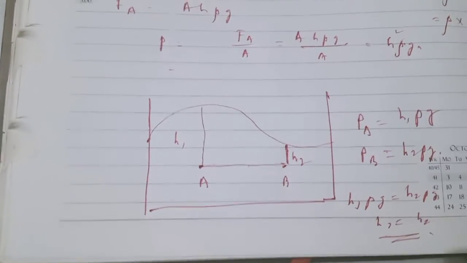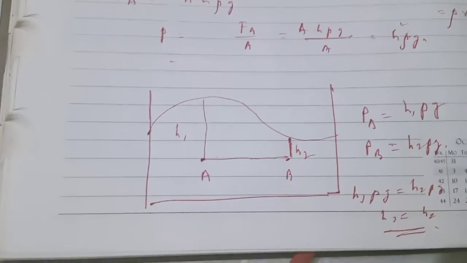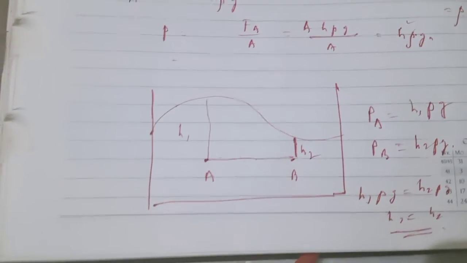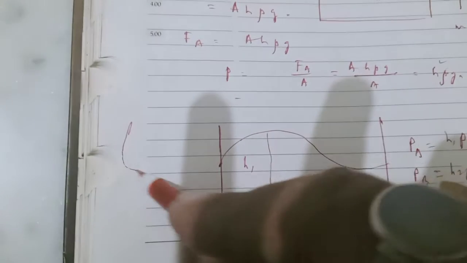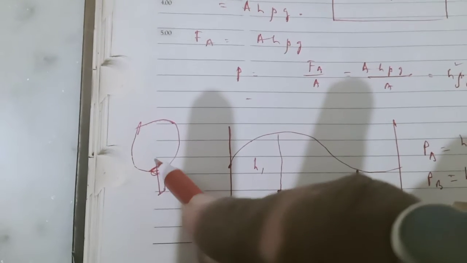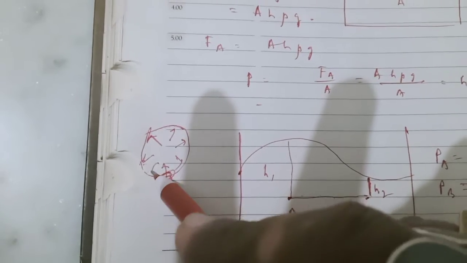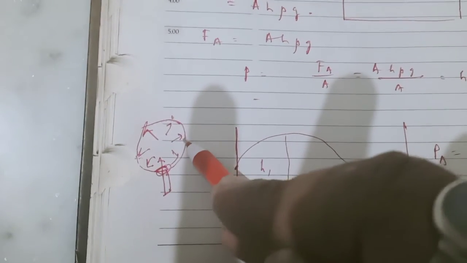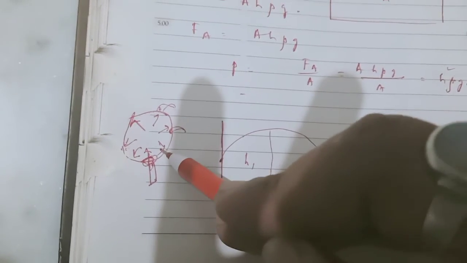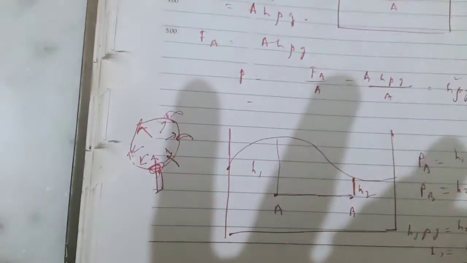What is the law? Pressure applied at any point to an enclosed fluid at rest is transmitted with undiminished magnitude to every portion of the fluid and acts normally to the surface in contact with the fluid. Now what is the meaning of this statement? If this is a fluid, and a pressure is created at an opening here, then this pressure will be transmitted equally in every direction throughout the liquid. So if there are holes here, water will flow the same distance in every direction through them, because the pressure created here is transmitted equally in every direction. That is Pascal's law.